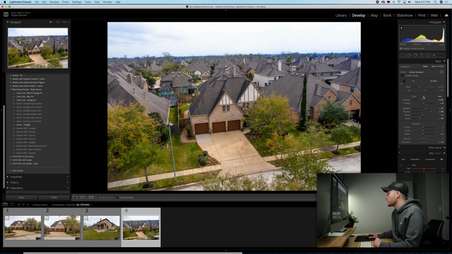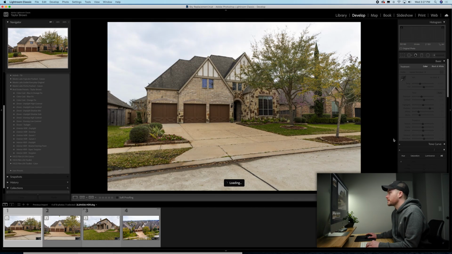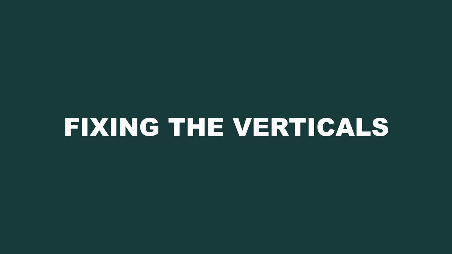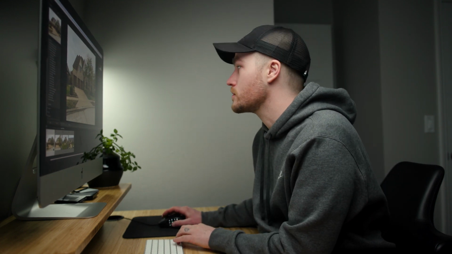It's not too bad, but you know, the goal is to make sure you can see the house. A little bit of pop, not too crazy, but there we go. All right, so we've got the exposure and the white balance fixed. So now what we're gonna do is go in and fix the verticals, because these are shot kind of like